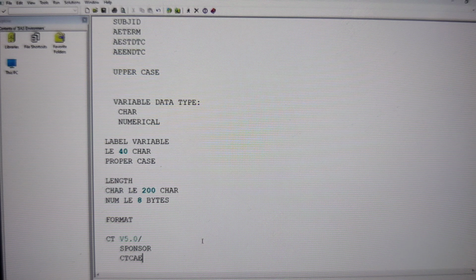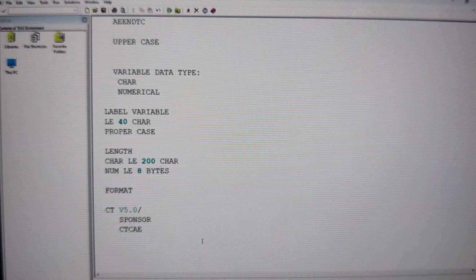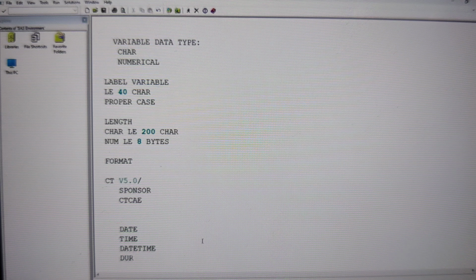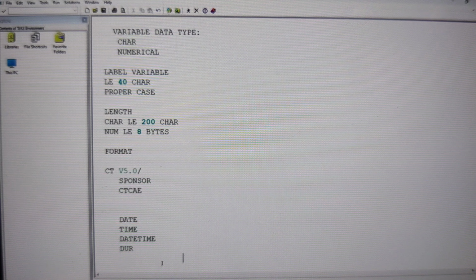So in today's class, I'm going to tell you a few controlled terminologies. Say for example, in SDTM, if you have a date variable anywhere, if you have only a date, or a time, or a date and time, or a duration, what format should you write? In SAS, we have date time formats, and we have DDMMYY or YYMMDD, or, say for example, only for time, TIME8, DATETIME15, DATETIME20. We have so many different types of formats, right? But which format should we follow? According to CDISC controlled terminology, whenever we have timing information, we should always follow a format called ISO 8601 format.